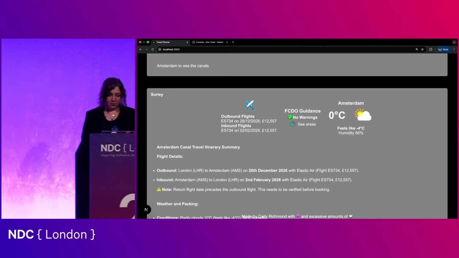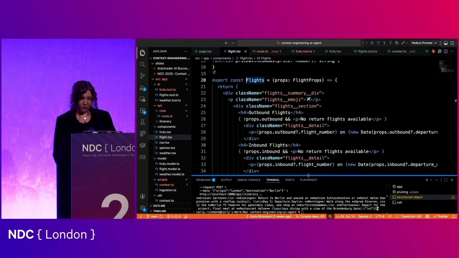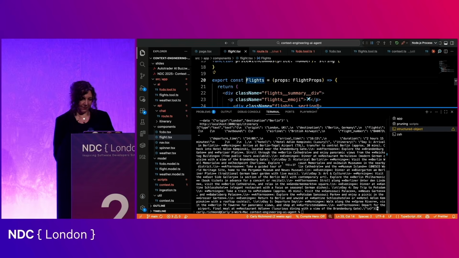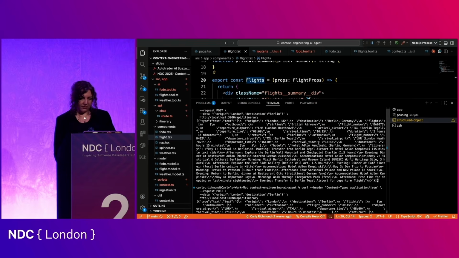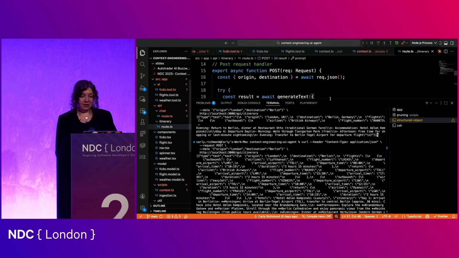Going to our final demo, this one's a bit different. So I invoked this earlier while we were talking, so I'm going to walk through it. Hopefully people can see this okay. What I have here is a curl request going to a new endpoint called API/itinerary, and we're passing it an origin and a destination. That particular route is here.